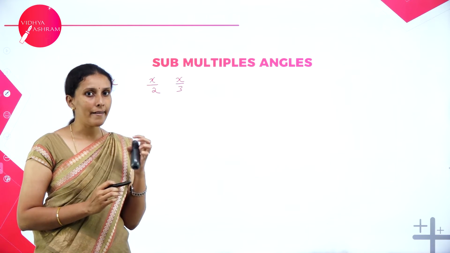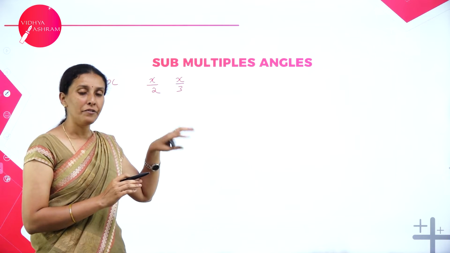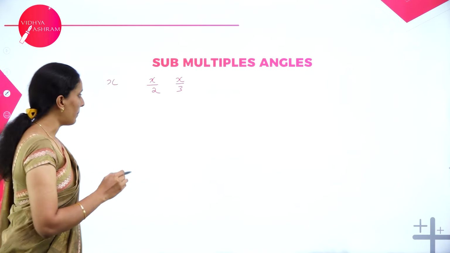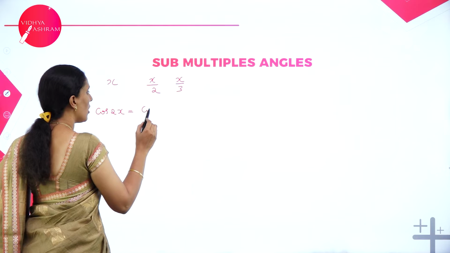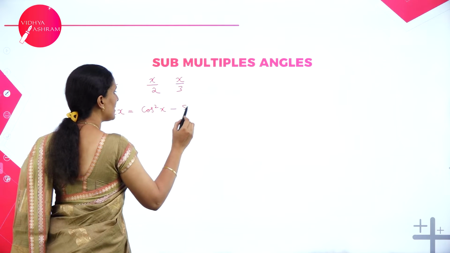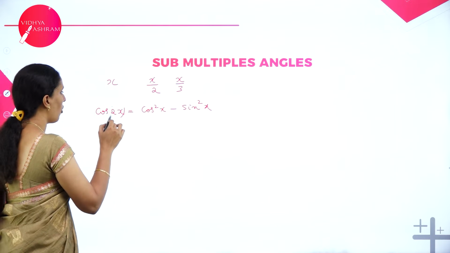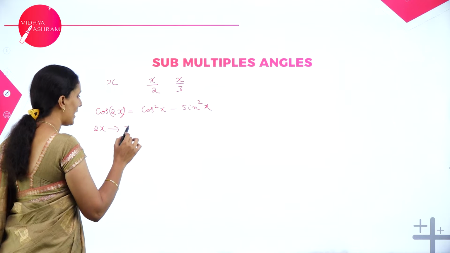Since we know the standard identities of all multiple angles like 2x and 3x, we can rewrite them in the form of submultiple angles. For example, we know the formula of cos 2x as cos square x minus sine square x. So if I take the conversion of 2x, in the place of 2x, if I replace by x,